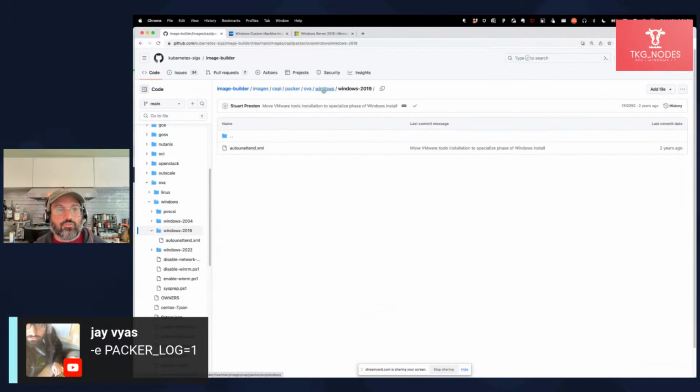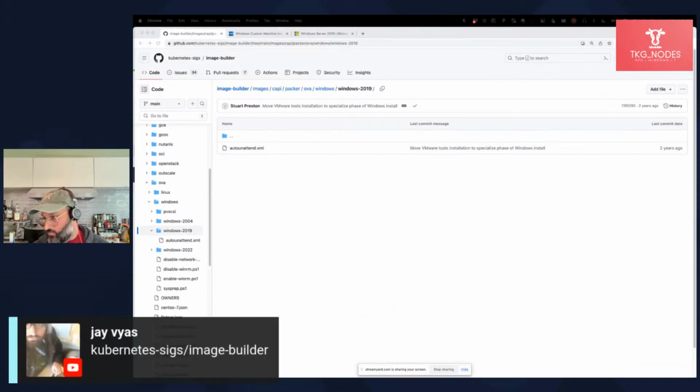So image builder is a repo managed by Kubernetes SIGs, and that is a repo that gives us the tooling to build our Windows OVAs, right? So you build your Windows OVA, and then your Windows OVA is an input to TKG, becomes a node in TKG that runs the Windows kubelet